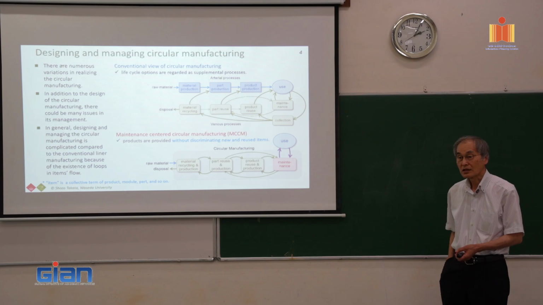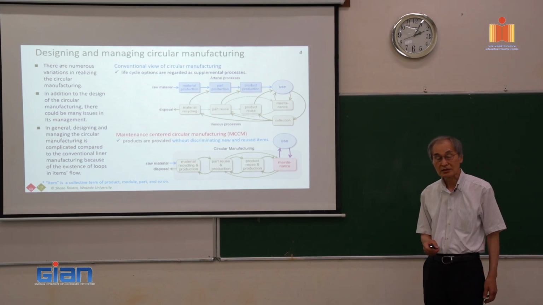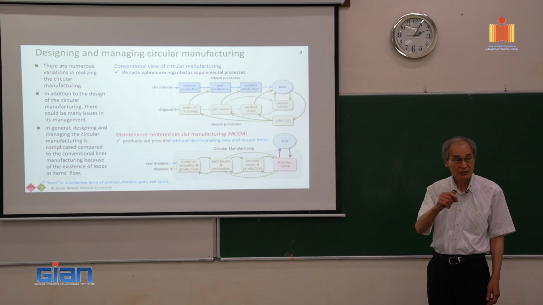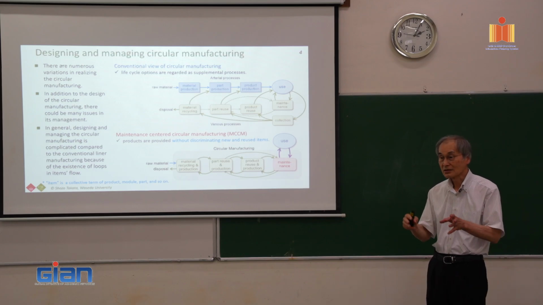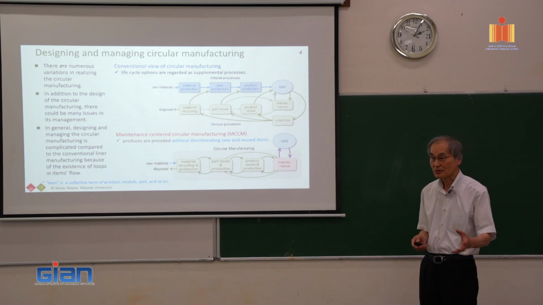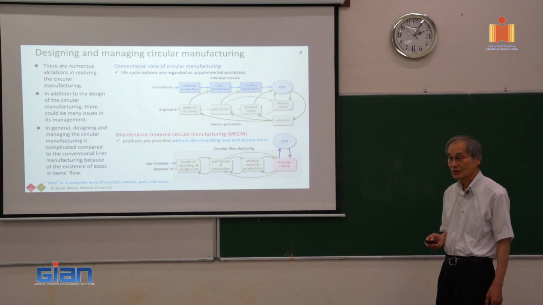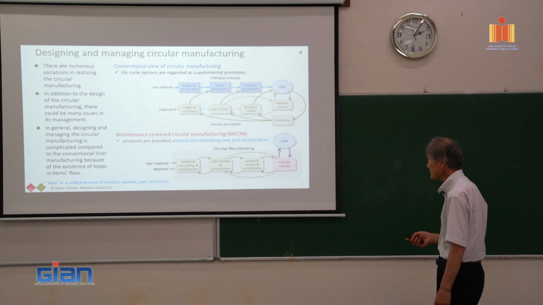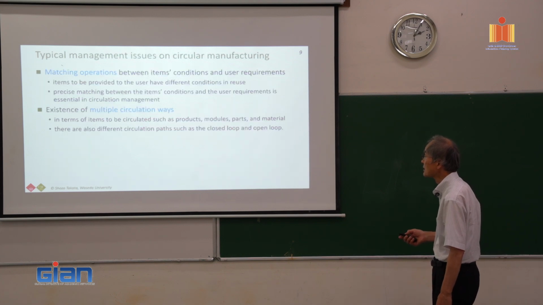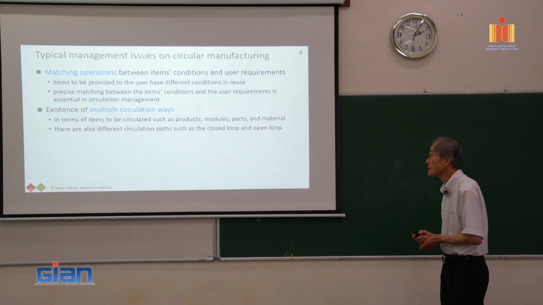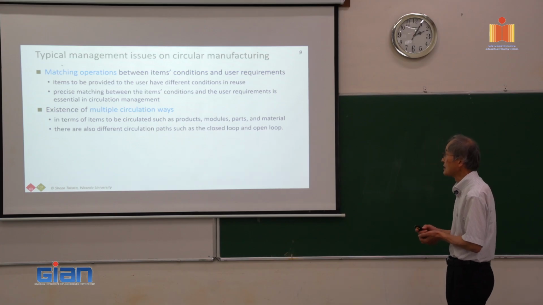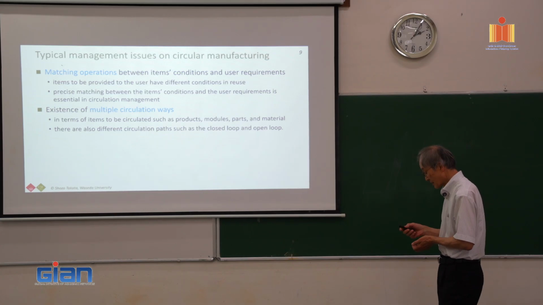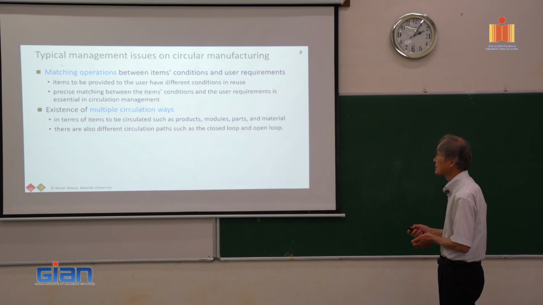If you are knowledgeable about control engineering, if you have a feedback loop, then the behavior of the system becomes quite complicated, not so simple and straightforward. There are so many management issues on circular manufacturing, but I want to focus on two issues: